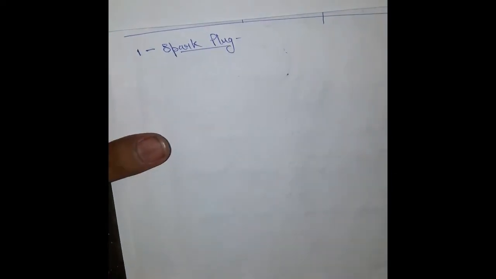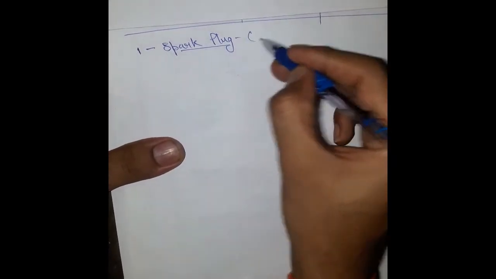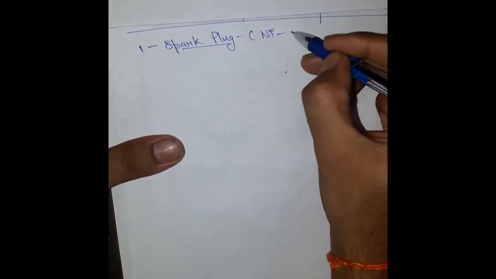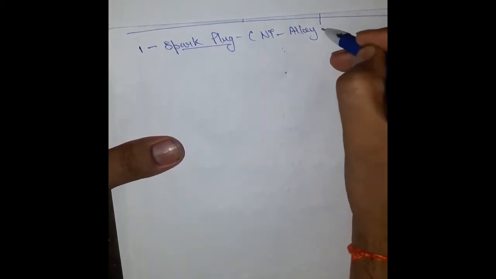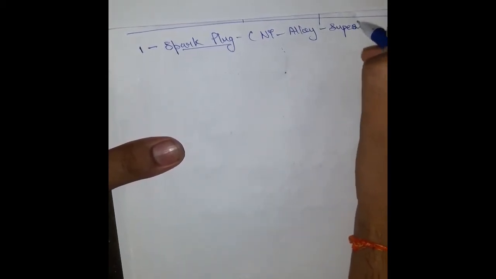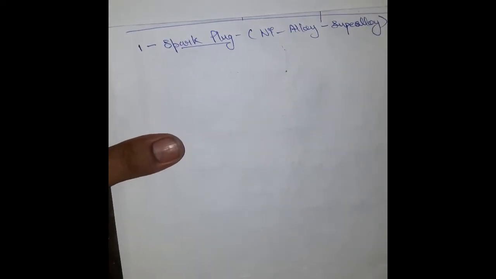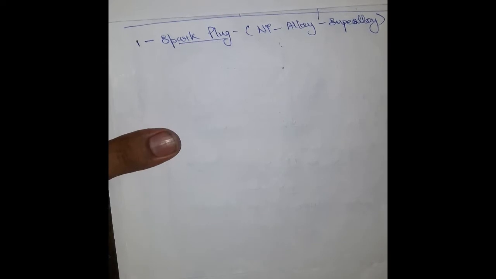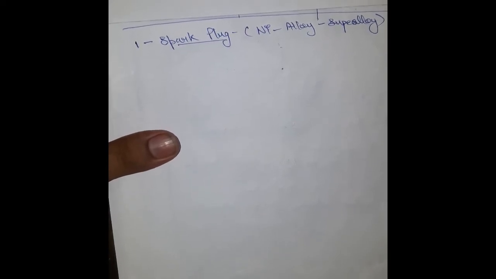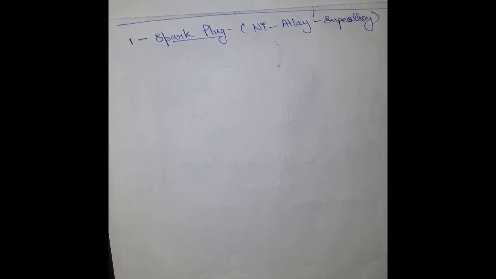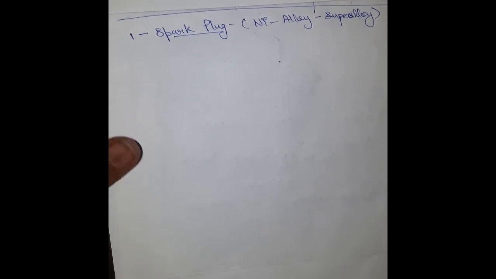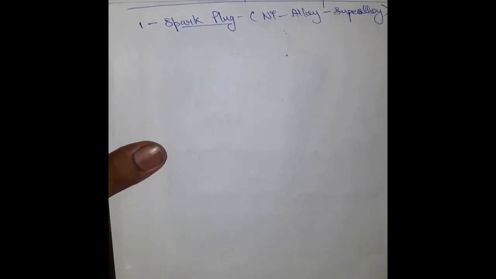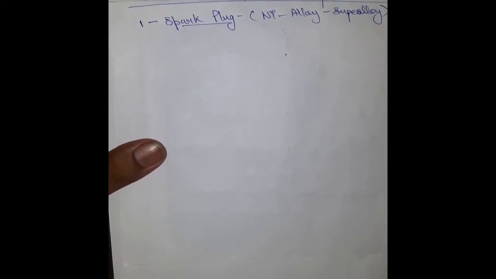So, a spark plug is generally made of nickel alloy, which can be termed as a super alloy of nickel. Now a question might be arising in your mind: what is the need of making the spark plug of nickel? This application basically includes the production of the spark at the cylinder head when the fuel is injected into the cylinder head. For producing that spark, the operating range of the spark plug is very high. It generally deals with a temperature of around 1600 degrees Celsius or maybe more than that.